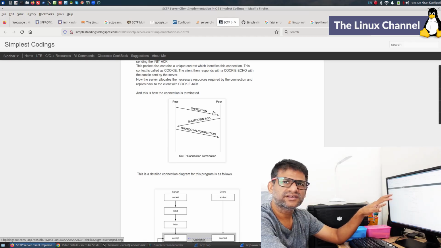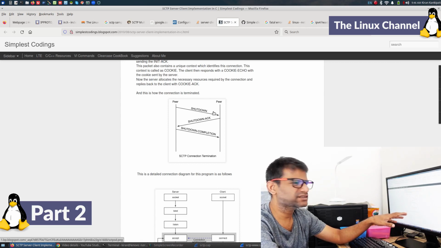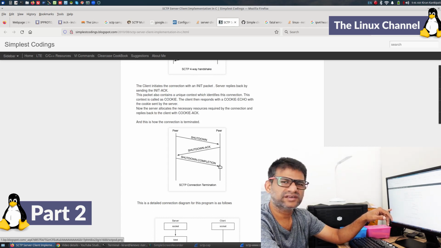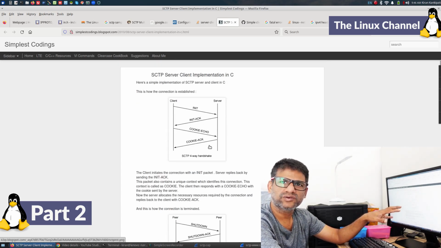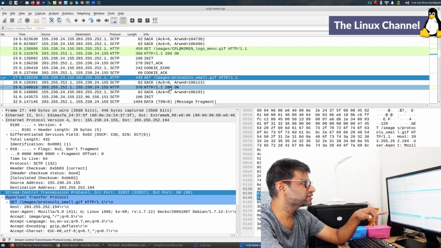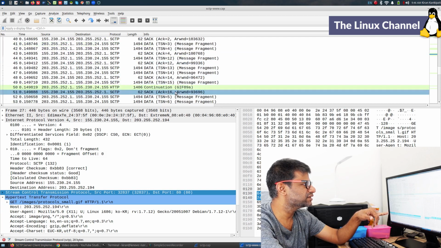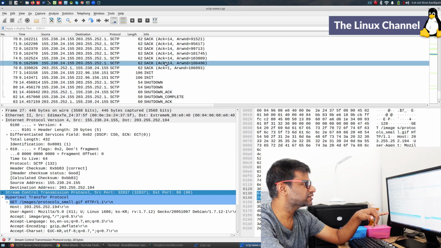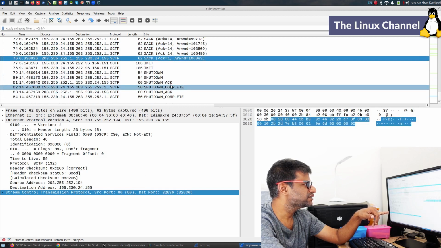Termination. As you can see, it's an entirely different jargon. They are telling some shutdown act, shutdown complete, and something like that. So it looks like on this side it is 3 packets, and on this side it is 4 packets overall, going to and fro. And we can again verify this shutdown act and all that in this capture as well. So let's see if we can get anywhere with those sequences of packets. Okay, you can see their SAC, yes, shutdown act, shutdown complete, something like that.